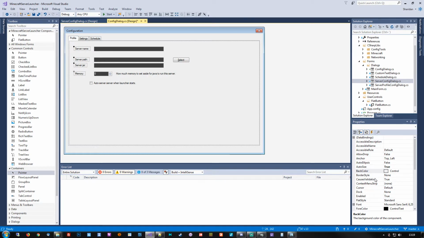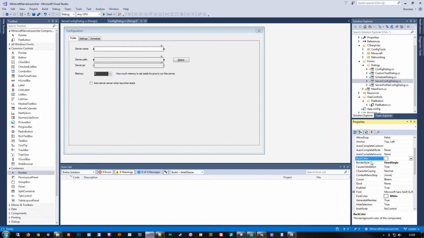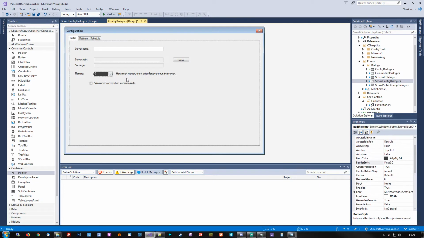Let's see, control text. They are adopted correctly. These need to be changed as well. And that one, and then this one needs to be set back to fixed 3D like this, and that one